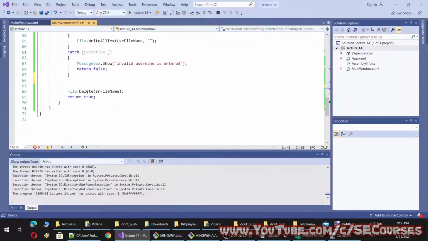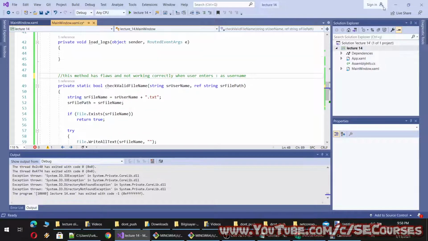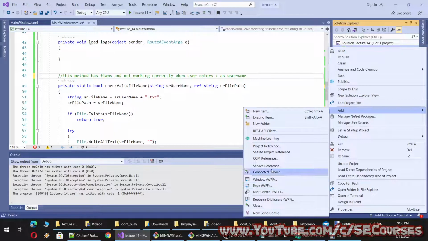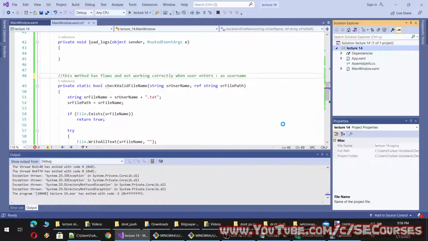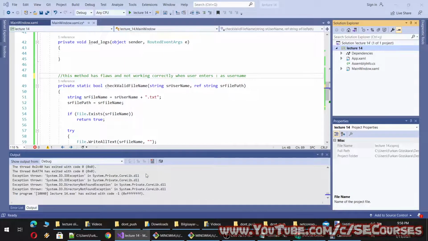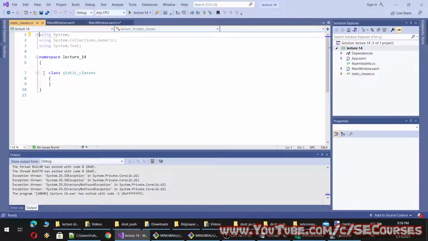So I am going to make an easier way. I will write an extension method, and you will be learning both ways this way. So let's add it as a static class, because extension methods have to be inside a static class. And here bool, let's make it check username validity.